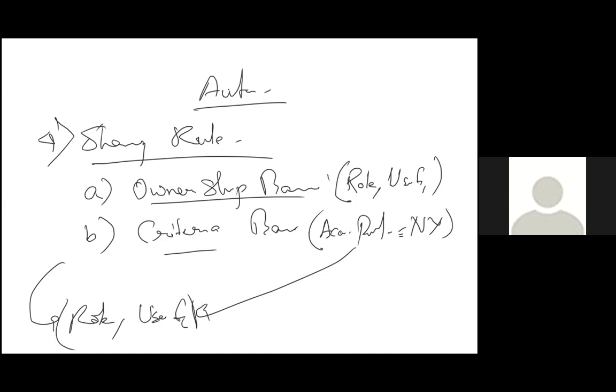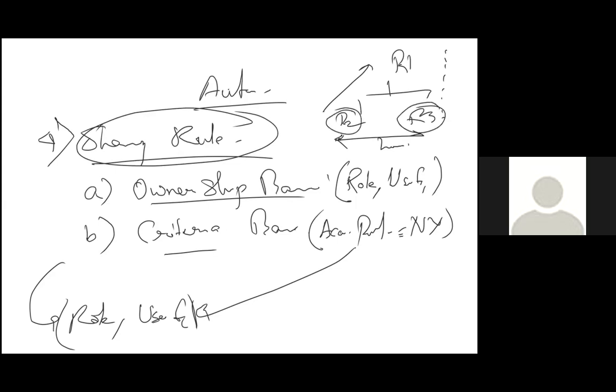Please remember, we talked about role hierarchy just a while ago, role 1, role 2, role 3. These are like a hierarchy, right? Here, automatically, this is vertical sharing which is happening. Your records are getting shared upward. If you need to share your records horizontally, then you will use sharing rules. Like role 2's records you want to show to role 3, then you will use sharing rules. So this is vertical sharing, which we did in number 3. Horizontal sharing we are doing using sharing rule, which is number 4.